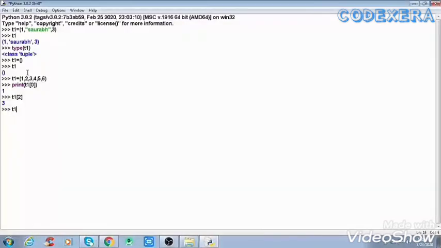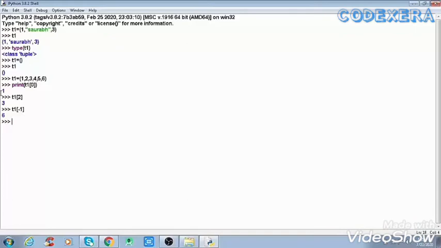Use T1 and put -1, and it will call 6. It will start from here and go to the left side. If we increase the value to -2, it will go here, and so on. So this was negative indexing in tuple.